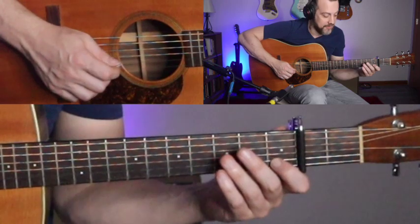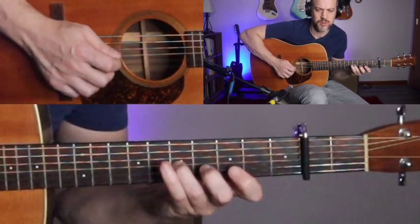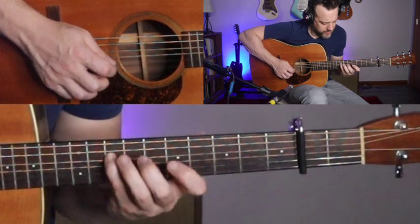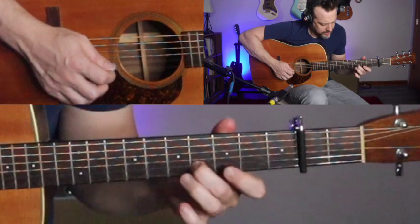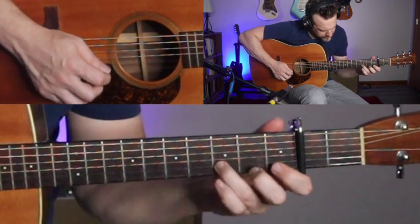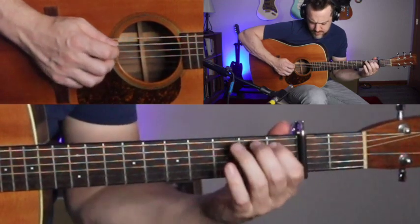Second half of the advanced 9 Pound Hammer solo. Okay, all right. So, I know that was a lot right there, but I wanted to give you 3 little solos that you can play here. That way, no matter where you're at in your progress in this style, or where you're at in your development, you can take one of these or different parts of these, and use that in your own playing, and you can use that over this tune, which you can play anywhere